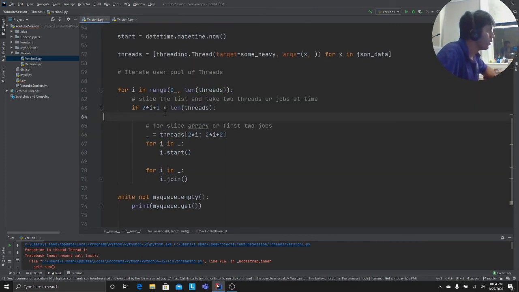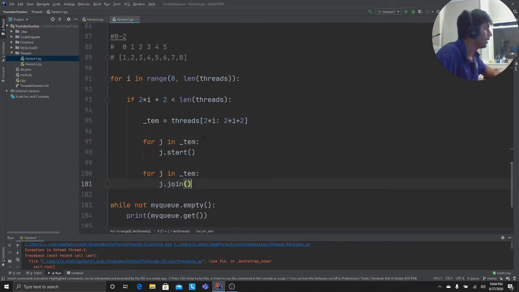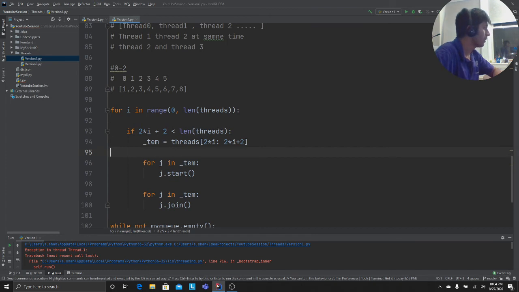So for 2 into i plus 1, 2 into i is 0, that is 0 plus 1, that is 1. So initially it will be 0, if 1 is less than the length of the threads, which is true. That's weird. I'm pretty sure I'm missing something somewhere, but let's not waste time on that, and hope you have just got the concept, because I have the code there, right?